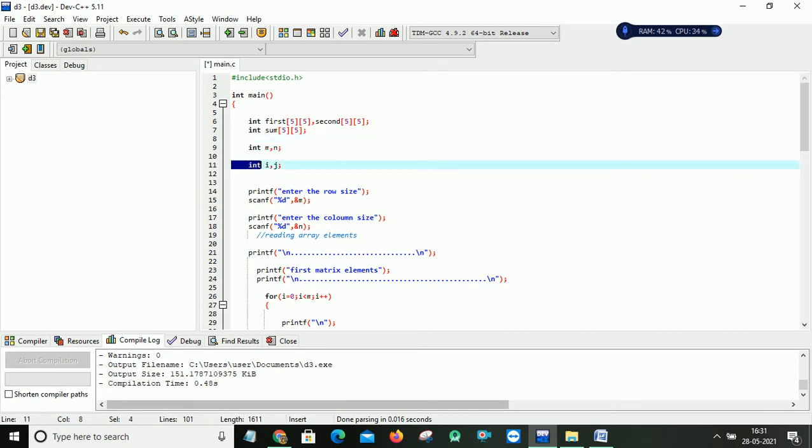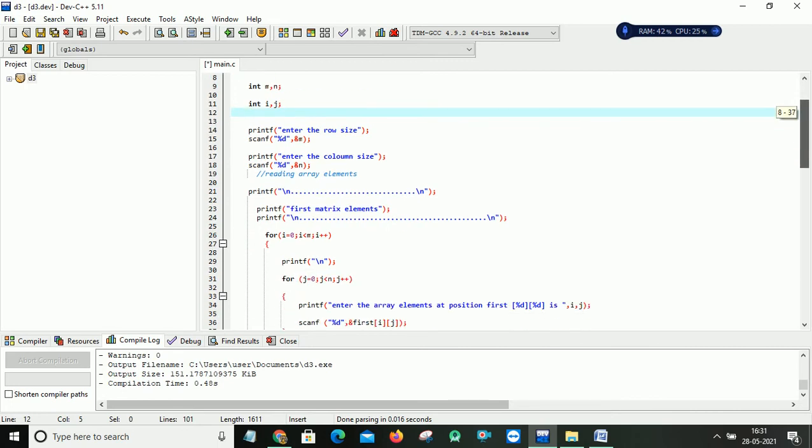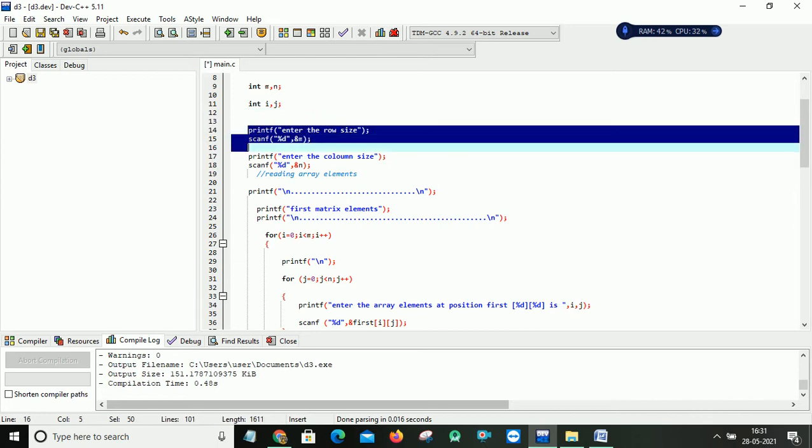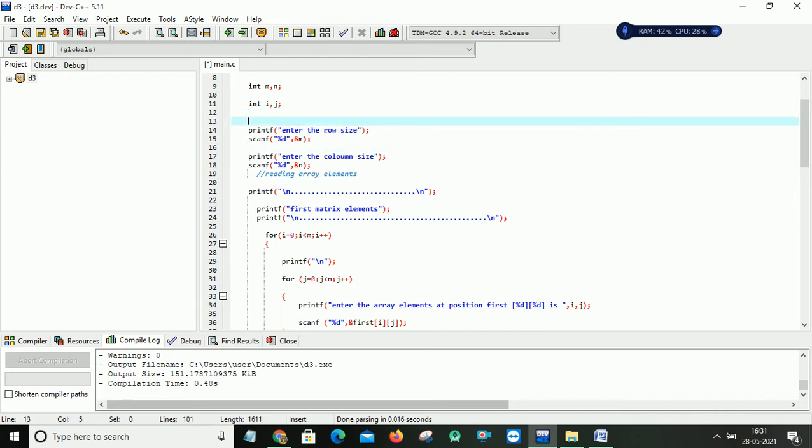And after that I'm taking another two variables, i and j, which I'm using in my for loop. First we have to ask the user the row size and column size. For that I am writing printf and scanf statements. I am asking the user to enter the row size, and that row size I store in my variable m.